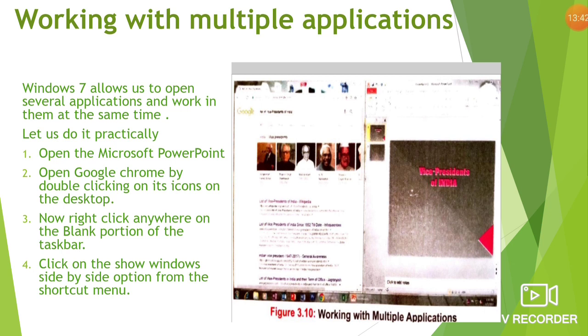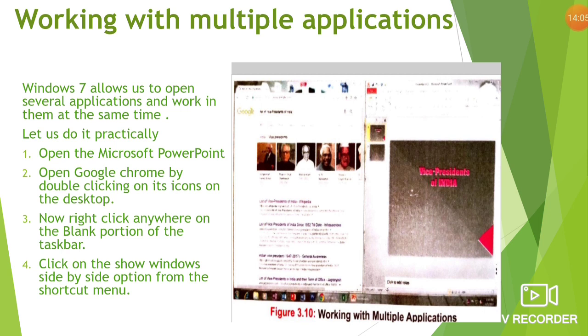For this, first we will open Microsoft PowerPoint, in which we will create a presentation. Second, we will open Google Chrome by double clicking on its icon on the desktop. Now right click anywhere on the blank portion of the desktop.